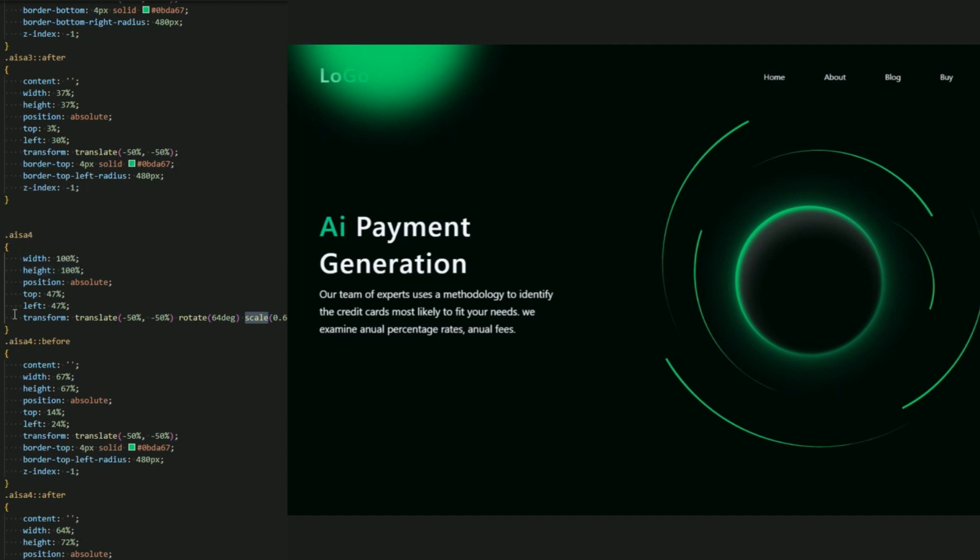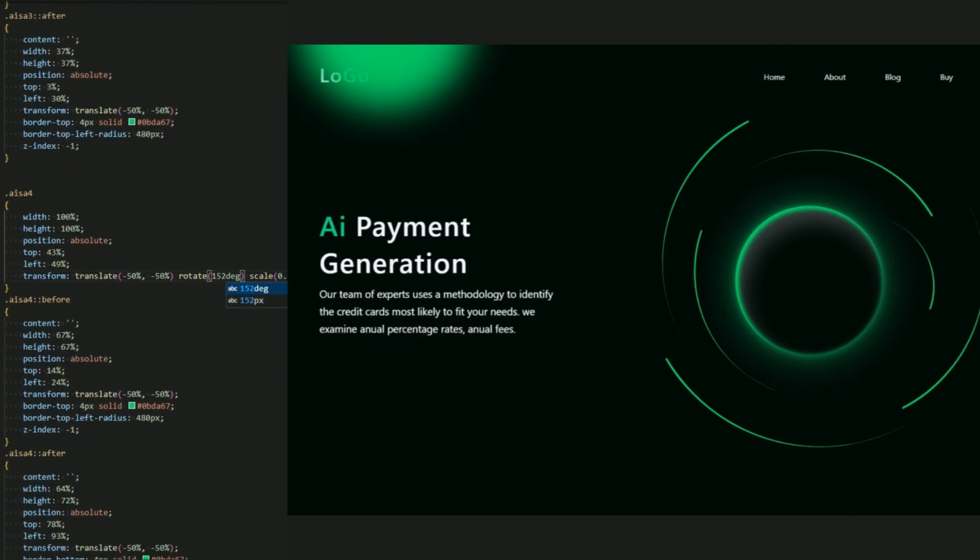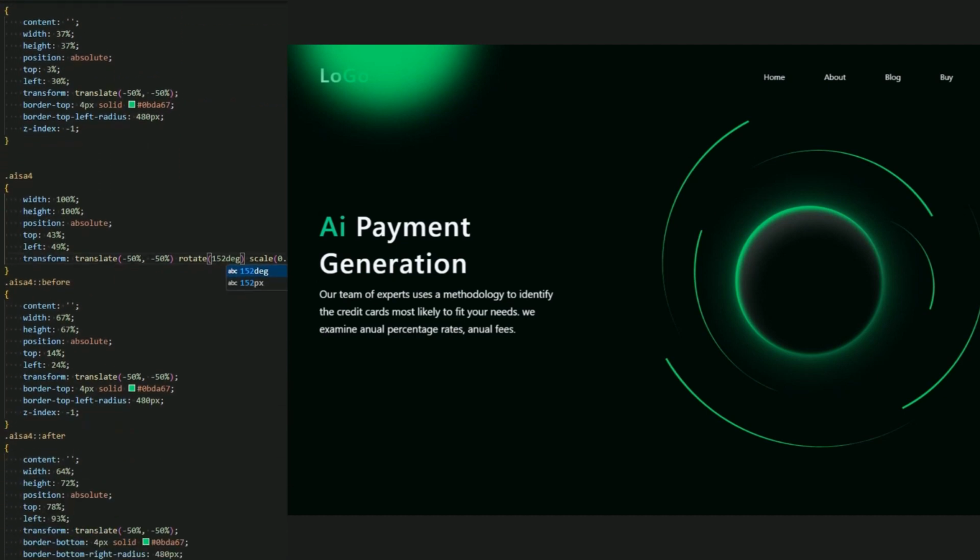Now for the top left 43% and 49%. Okay, and let me rotate 72 degree, and yep. Okay, let me, yes, okay, 152 degree.